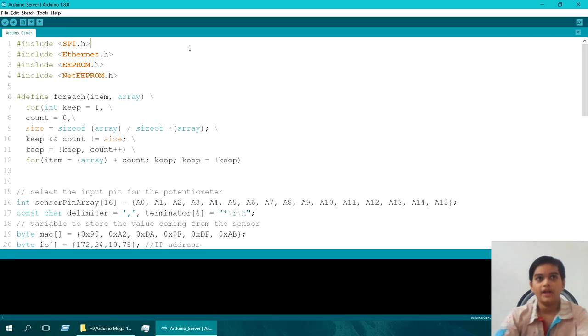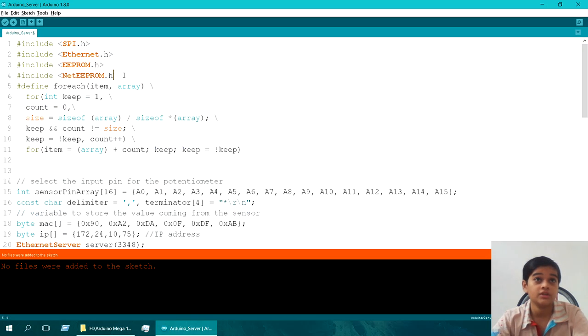These are header files, and #include means that it's a preprocessor directive, meaning whatever's in